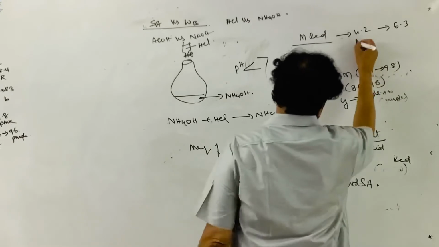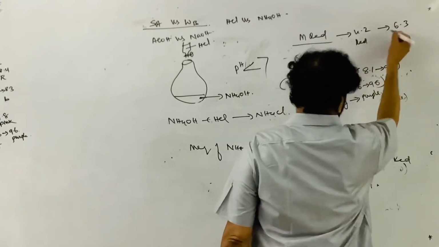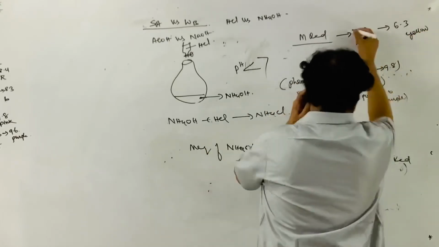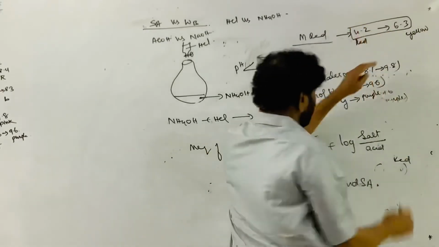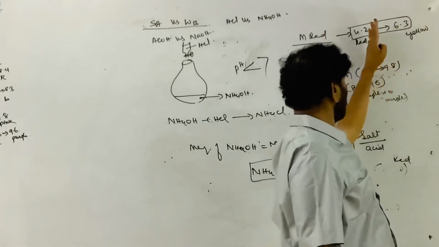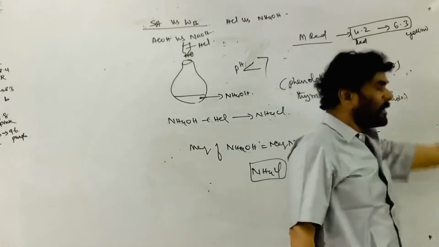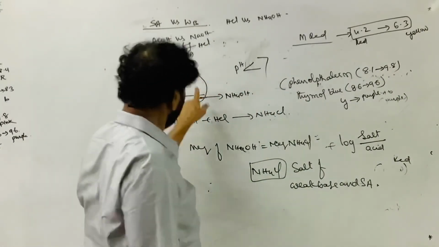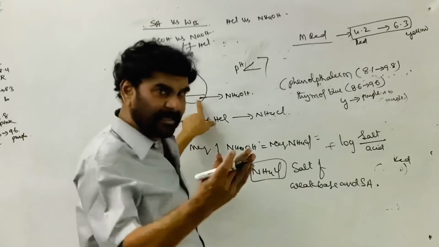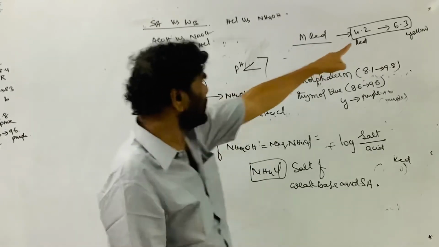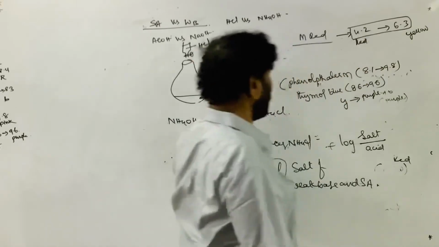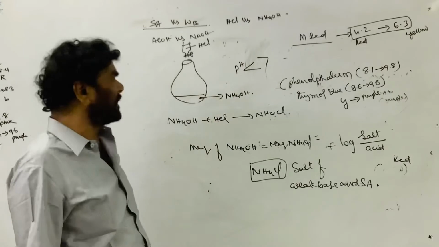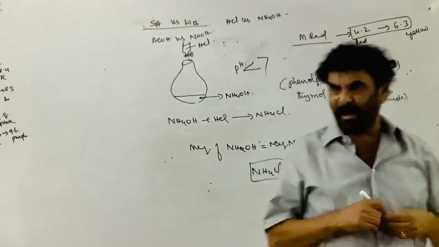This is red, and above this, yellow. So that is between these two. Up to 6.3 it shows the red color, above 6.3 it shows the yellow color. In an acid medium, when the pH is less than 7 and comes to 6.3, it shows red. Therefore methyl red is the best indicator, or methyl orange can be used.